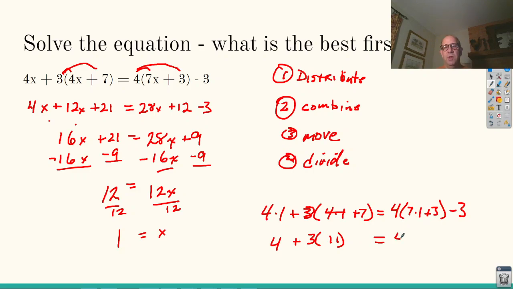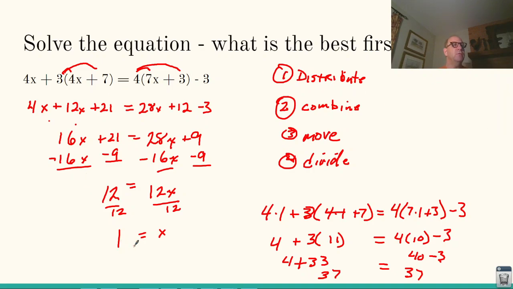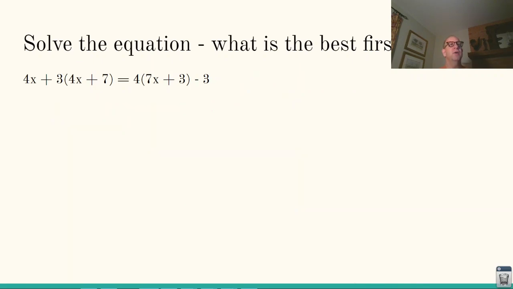7 plus 3 is 10, so I've got 4 times 10 minus 3. 4 plus 33, that's 37. 40 minus 3 is 37. So I've got 37 equals 37. So I have solved using my 4 steps, and I have checked. Let's move on to the next problem